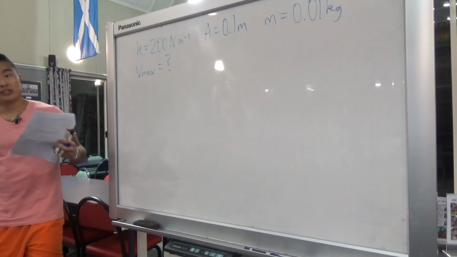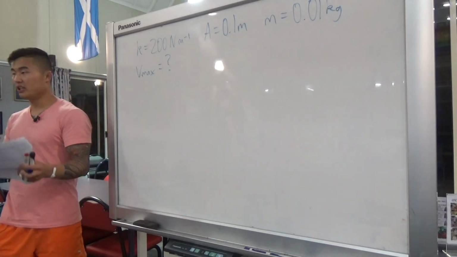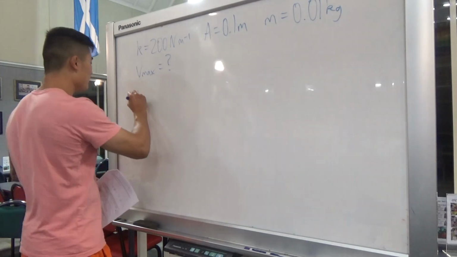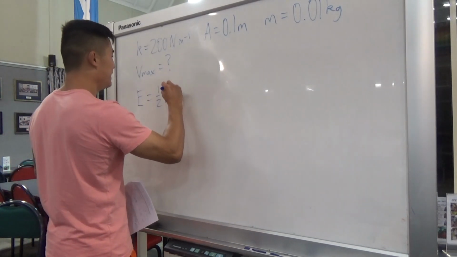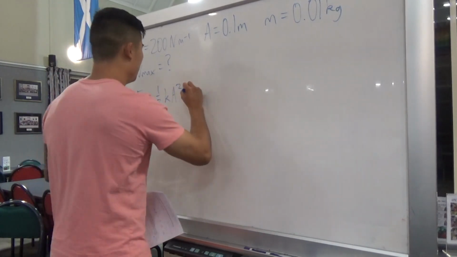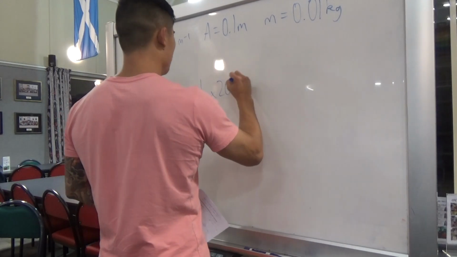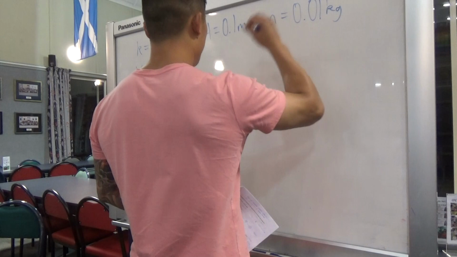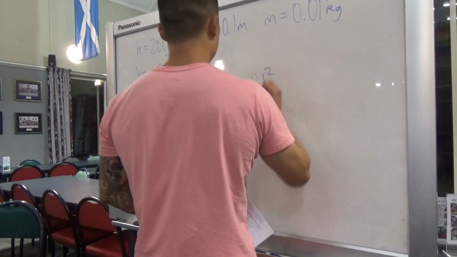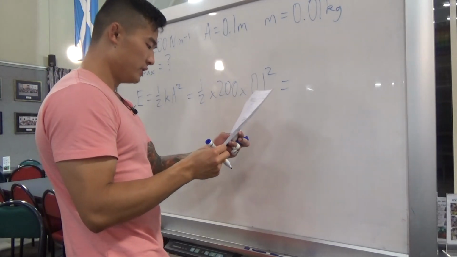What we're going to do is calculate the maximum potential energy of that spring. So E is equal to half k a squared. That's going to be half times 200 times our amplitude 0.1 squared. So that's going to give you an answer of